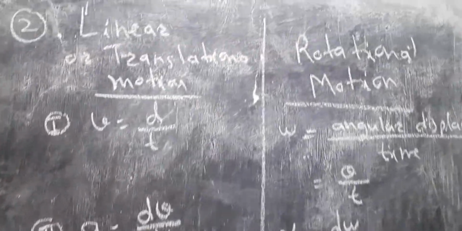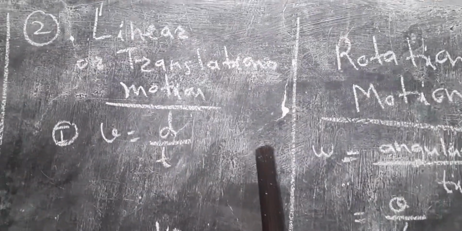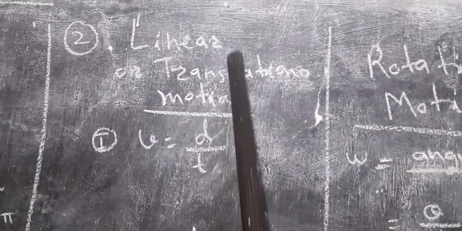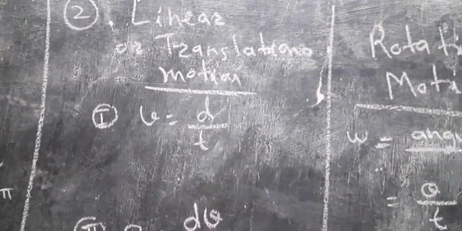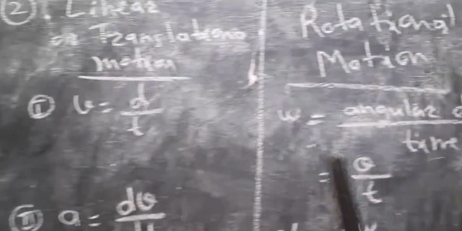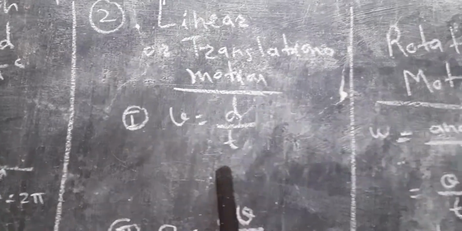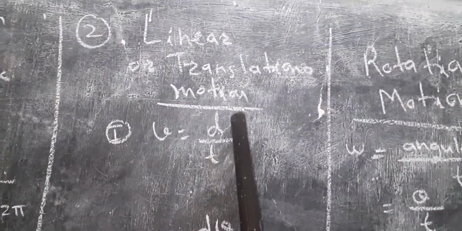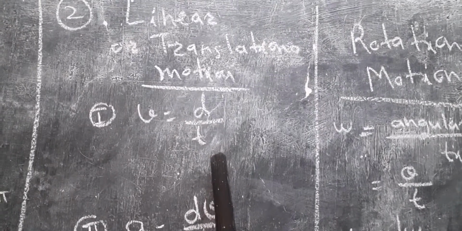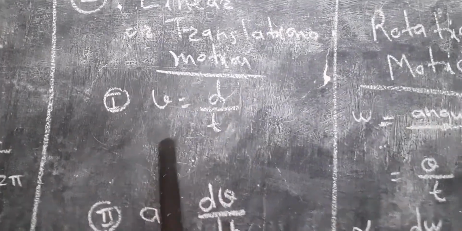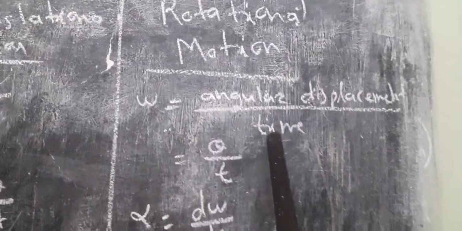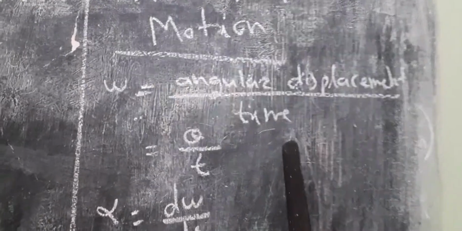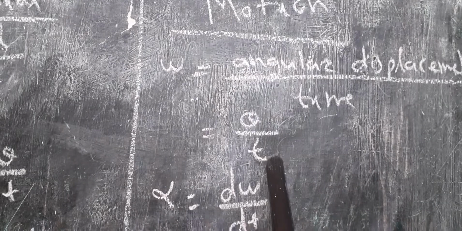Then we should know certain formulae which are similar to linear or translational motion. We know formulae in linear motion. We all know these standard formulae from 5th standard. We compare with rotational motion. For example, number 1, velocity is given by the rate of change of displacement, that means displacement upon time, or we can say d upon t. The standard formula is there. Very similar, analogous: omega is equal to the rate of change of angular displacement with respect to time. So we get theta upon t.